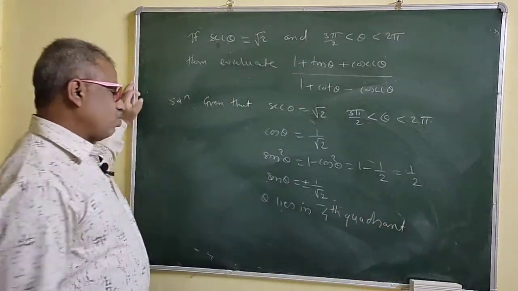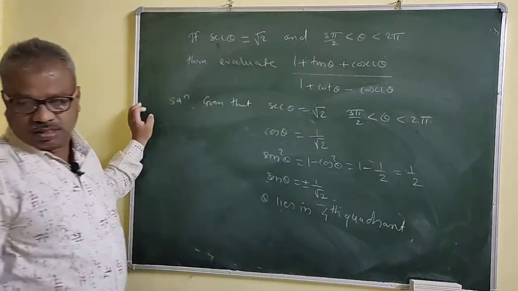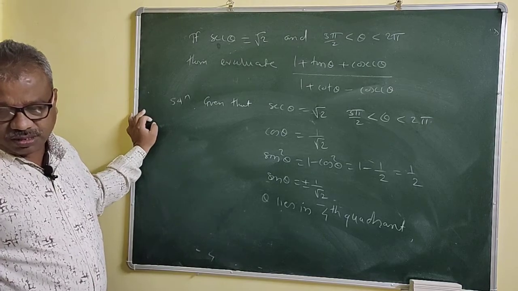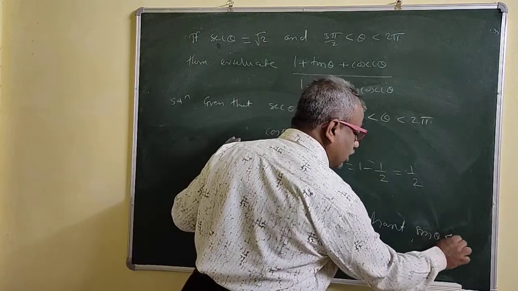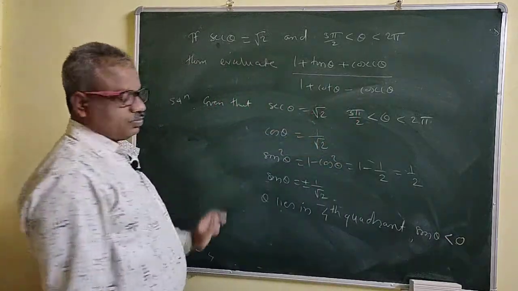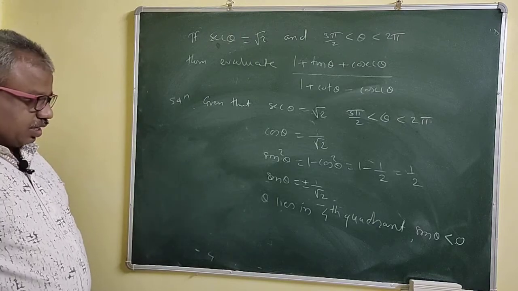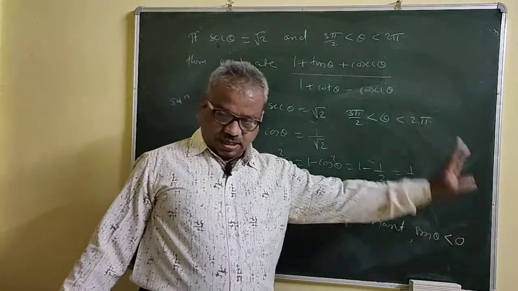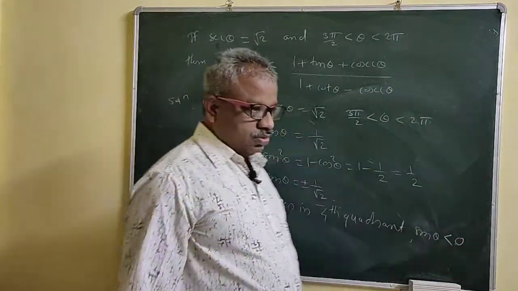Theta lies in the fourth quadrant, right? And in the fourth quadrant, what is your sign? All Silver Tea Cups, only cos is positive there. So sin theta is negative, so sin theta is strictly less than 0 in that quadrant. Less than 0 means negative, or you may write here sin theta is negative, if you are not able to write less than or greater than.